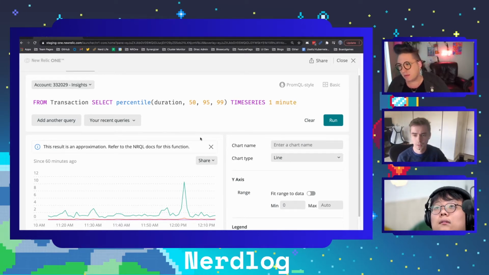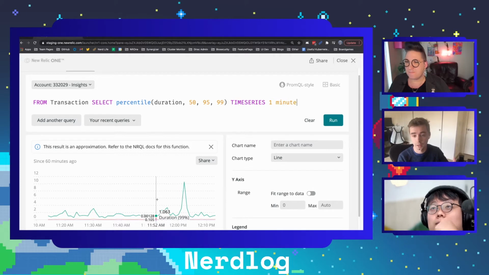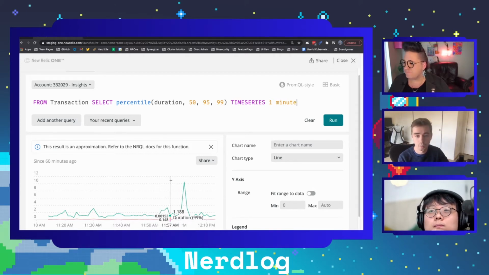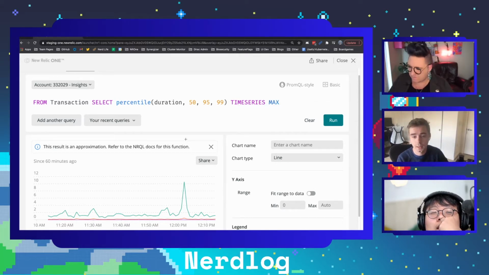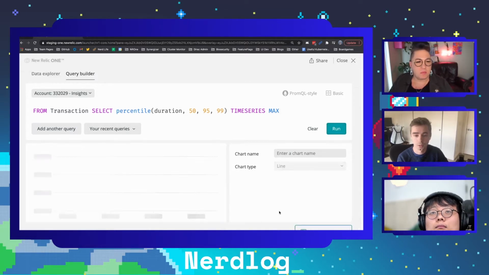A lot of people think, say I want to take this chart and make it have more data points. I want to see the data more granularly than it is shown right here. One of the other syntaxes you can use is TIMESERIES MAX. Like I said, this chart right now has 60 data points, one per minute. TIMESERIES MAX will scope that into having our maximum number of buckets possible, which is 366. So it's going to be substantially higher resolution than this. But you'll find that comes with issues. So if we run this,